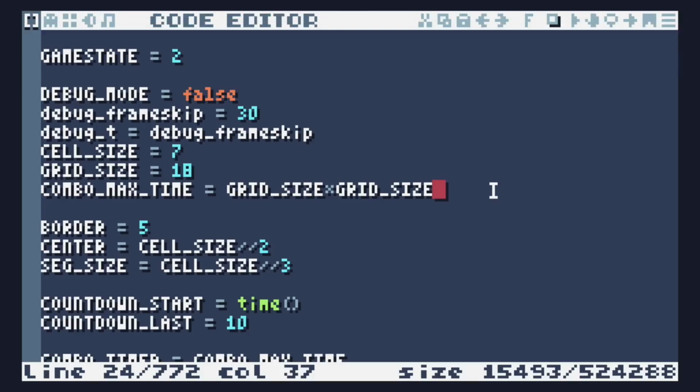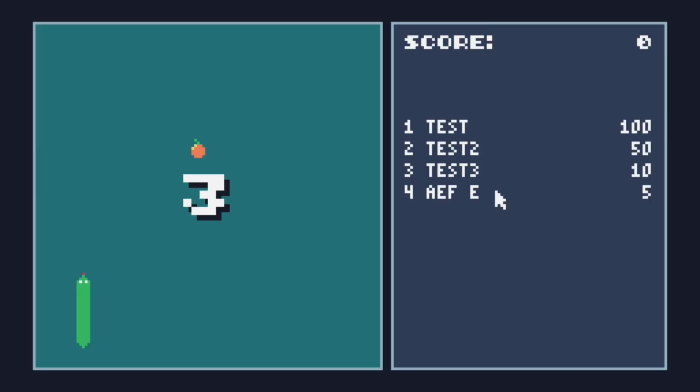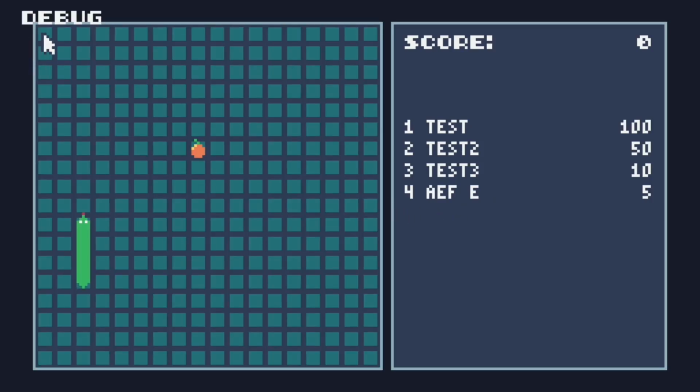Because if we happen to have the terrible situation where the first fruit we catch is up here and the next fruit we catch is down there, we need to be able to go all the way across and all the way down and catch the fruit without the timer resetting on us. Which, if we're doing grid size times grid size,